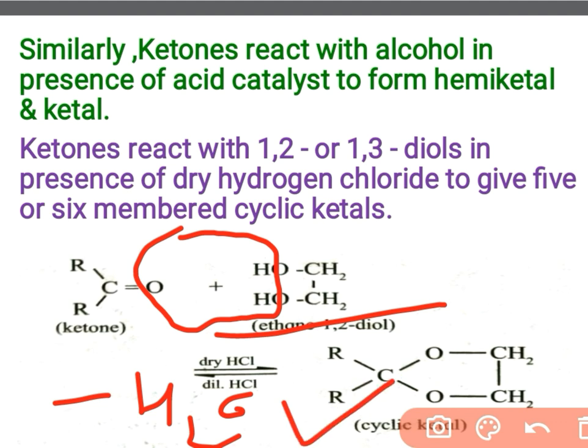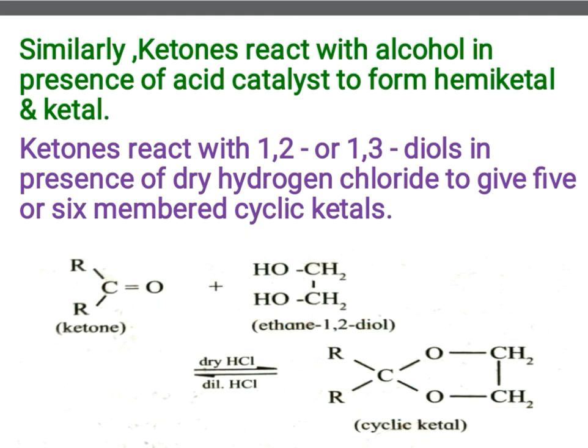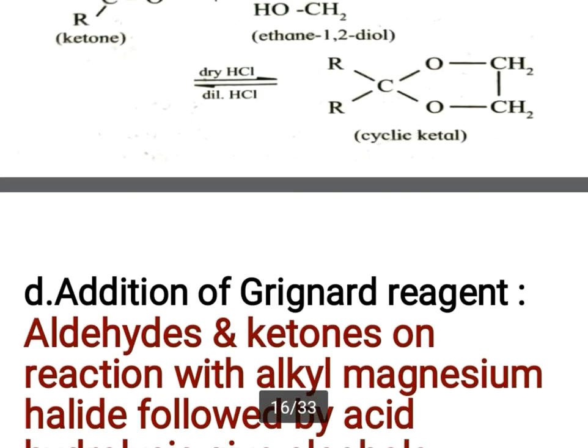Understand what happens in the formation of the cyclic ketal. The oxygen of this ketone combines with these two hydrogens of the diol and gets removed in the form of a water molecule, and then you join the remaining part and it gives the cyclic ketal. Or you can try this example by the mechanism of addition of alcohol to aldehyde or ketone. You can get the same product, that is the cyclic ketal. Okay, so this is the addition of alcohol across aldehyde and ketone.